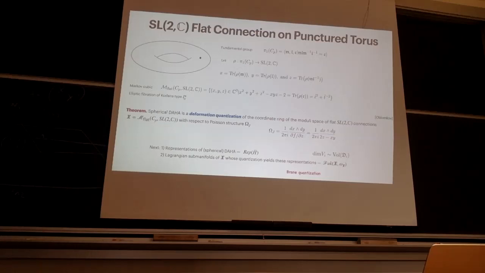So originally, DAHA was discovered in the early 90s in the work of Cherednik and simultaneously Koroteev. I think so, yeah. And Koroteev was thinking about Chern-Simons theory on a torus with a puncture, and of course in Chern-Simons theory,